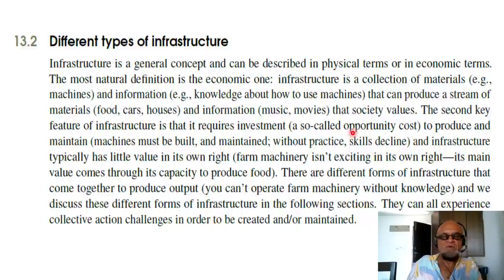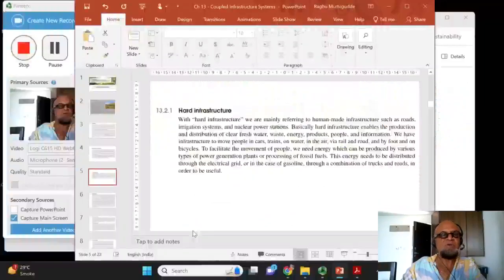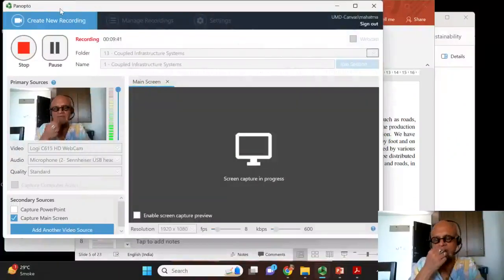Okay, so where was I? There are different forms of infrastructure that come together to produce the output. You can't operate farm machinery without knowledge, and we discuss these different forms of infrastructure in the following sections. They can all experience collective action challenges in order to be created and or maintained. So maybe I should leave the categories of infrastructure for the next podcast, because it's already about 10 minutes, but